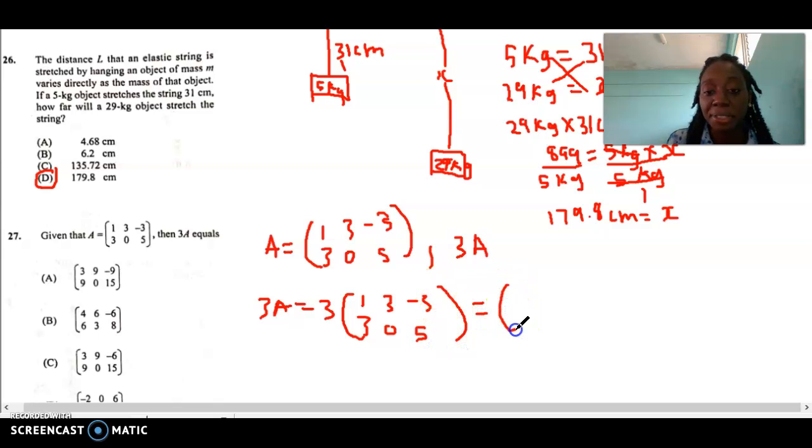So that will give us 3, right? 3 times 1 is 3, 3 times 3 is 9, 3 times -3 is -9, 3 times 3 is +9,